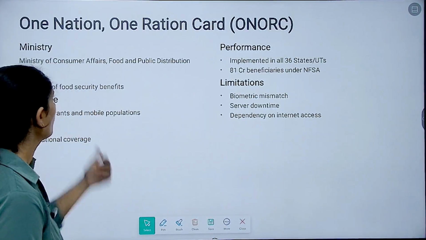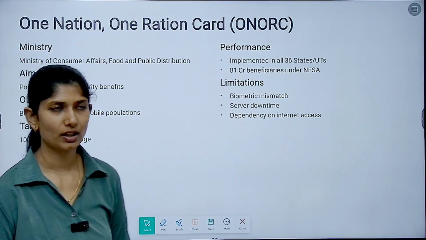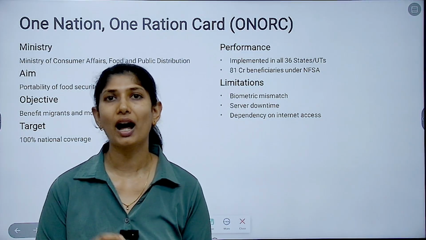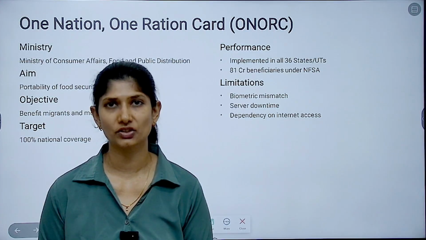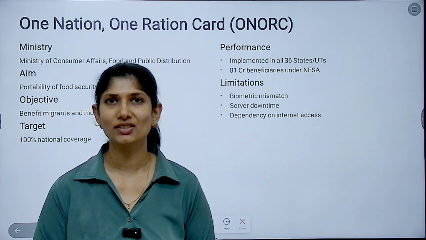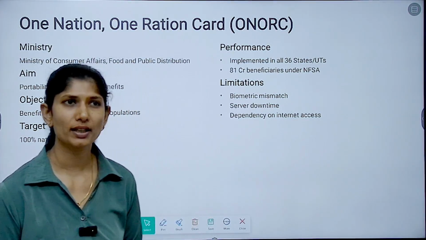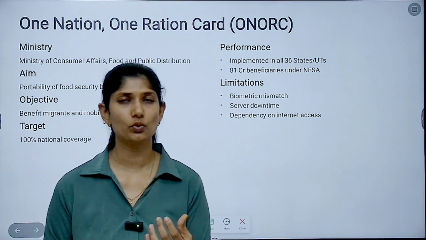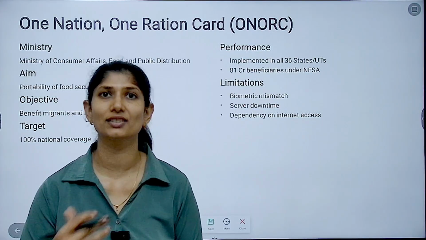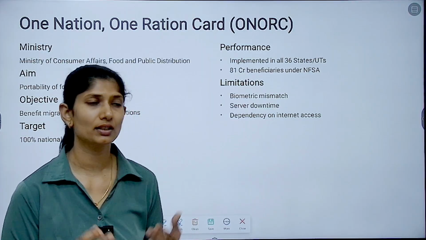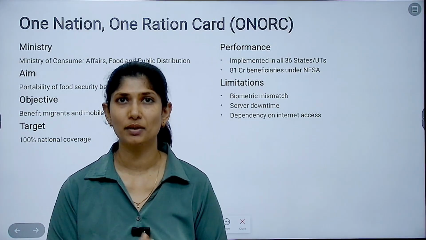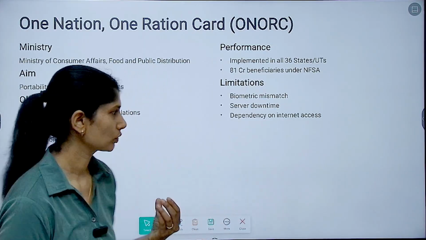Understanding? One other thing is One Nation, One Ration Card. This scheme has again brought in the concept where you will try to utilize your Aadhaar and biometrics and try to access subsidized food grains throughout the country. This is more helpful for your migrants and mobile population. One of the issues again is Aadhaar and mobile seeding of biometrics. Some data is faulty in this itself. And also the migrants face another issue, the language issue. Another issue is with respect to the interoperability between the states. So these are all the associated issues.